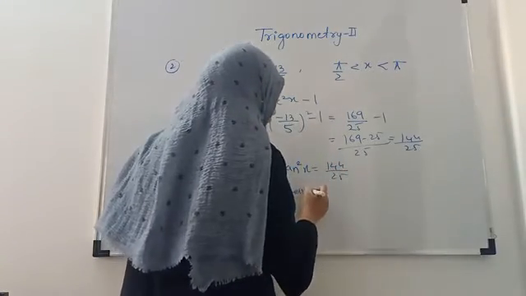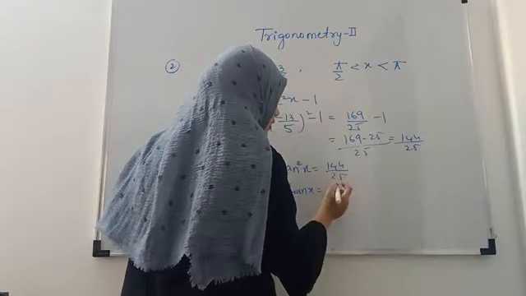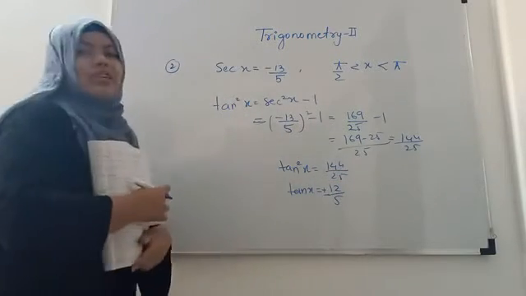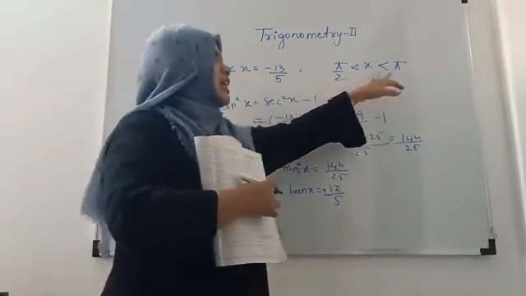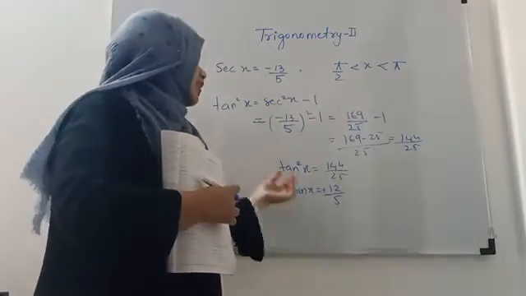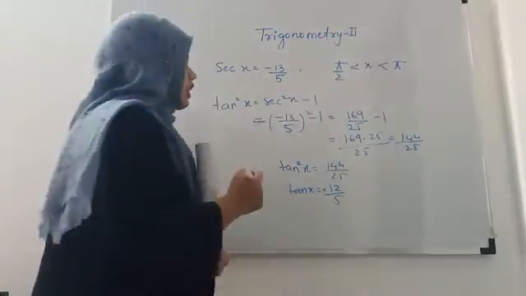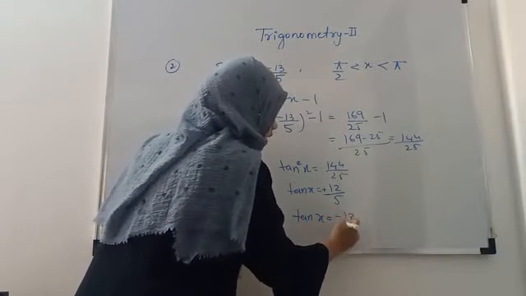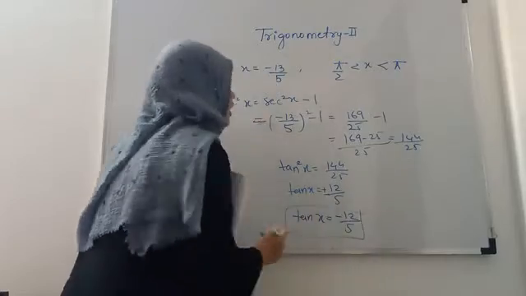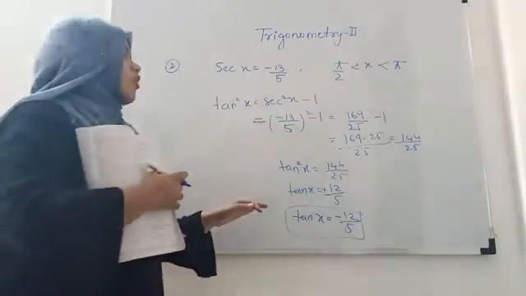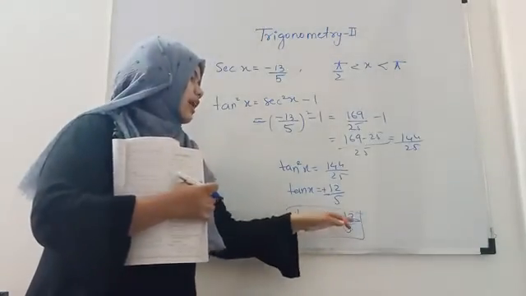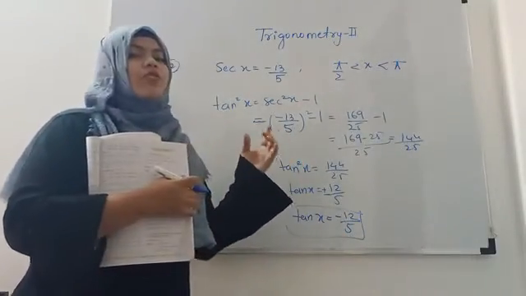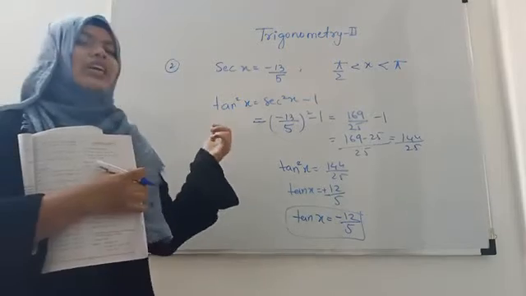Therefore tan x is equal to how much? Square root of this, that is 12 upon 5, but plus minus. But since x lies in the second quadrant, and in the second quadrant tan is negative, therefore the value of tan x should be minus 12 upon 5. Okay, now we have got the value of tan x, which is minus 12 upon 5. So from here we can find out the value of sin 2x, cos 2x and tan 2x.